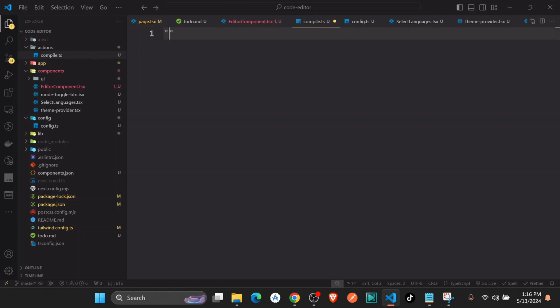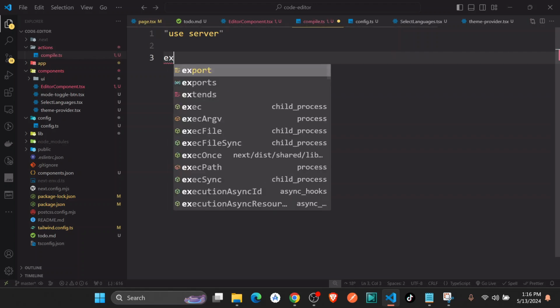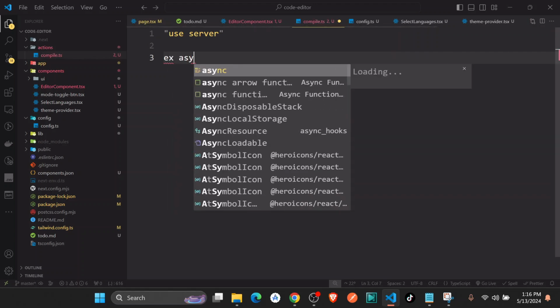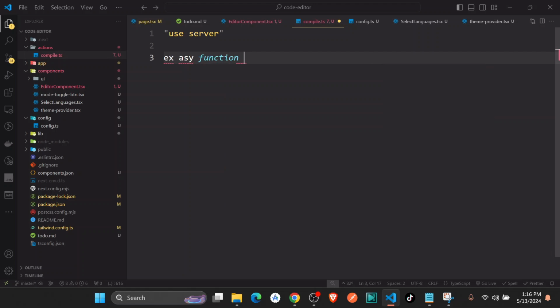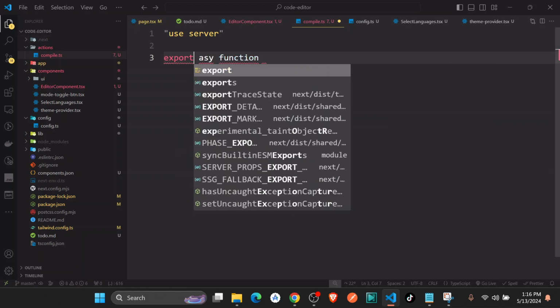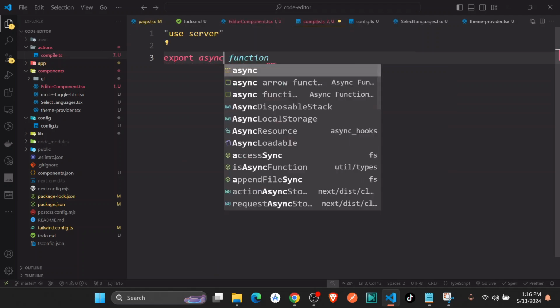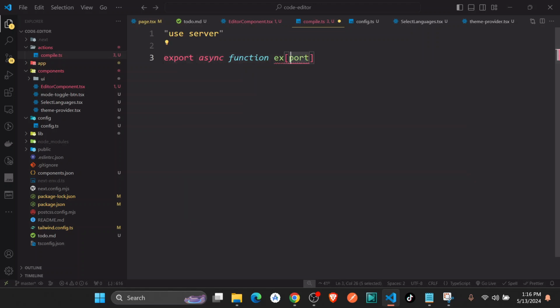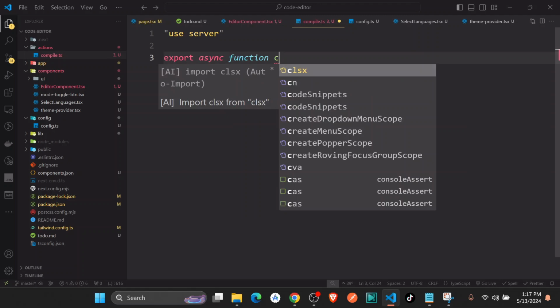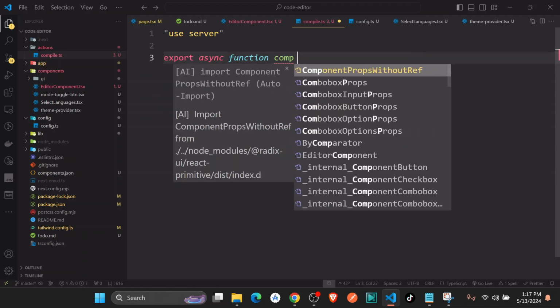You could just say use server first, use server, and you could just say export async function. Let's call it compile code,